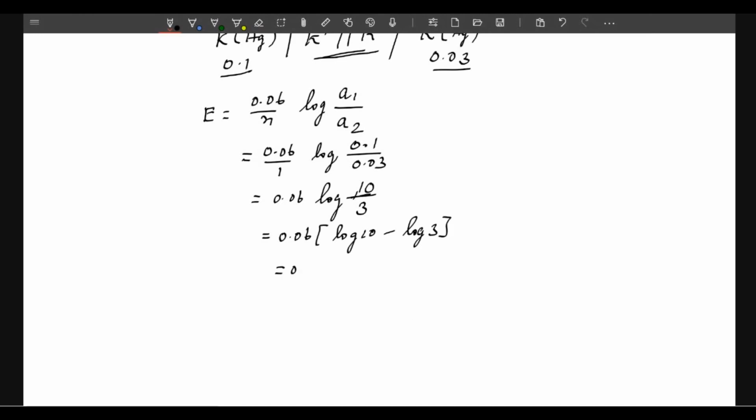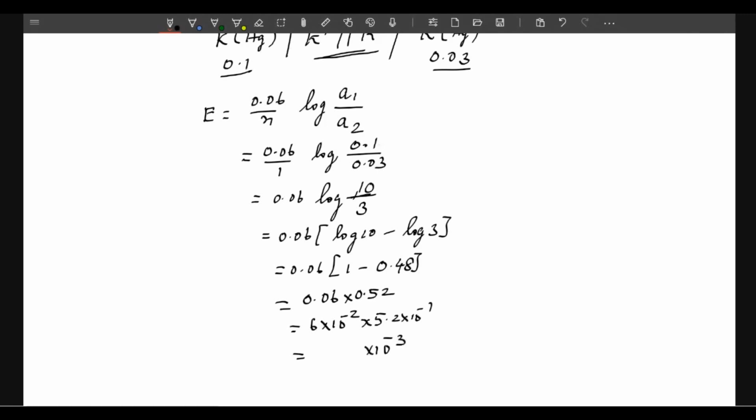Log 10 is 1, log 3 is 0.48. Ask your calculator, it will give you the answer 0.06 into 0.52, or it is 6 into 10 power minus 2 into 5.2 into 10 power minus 1